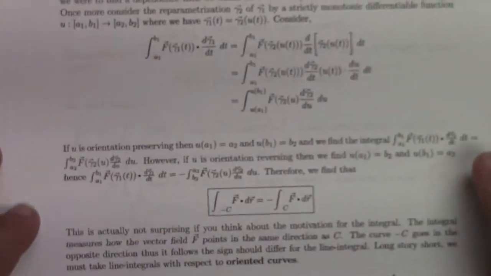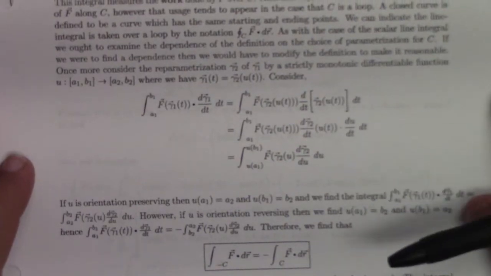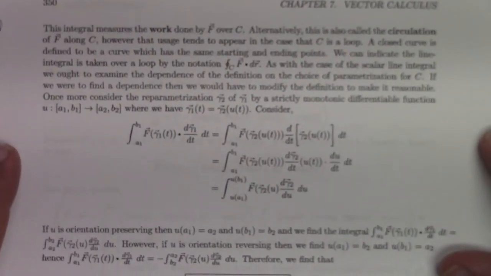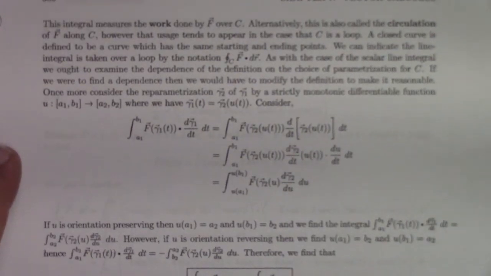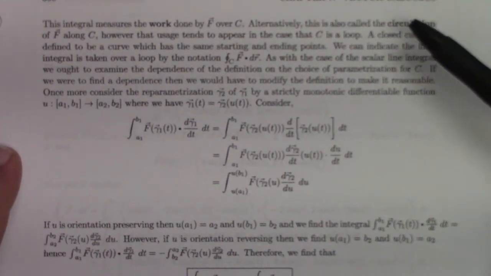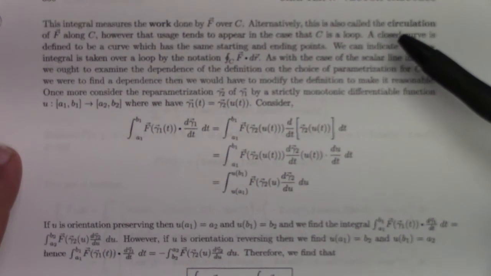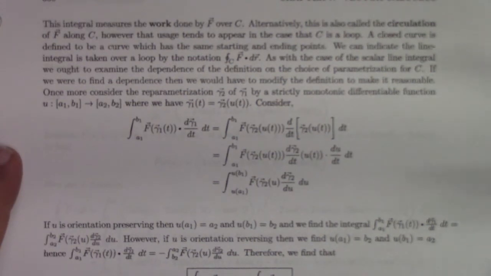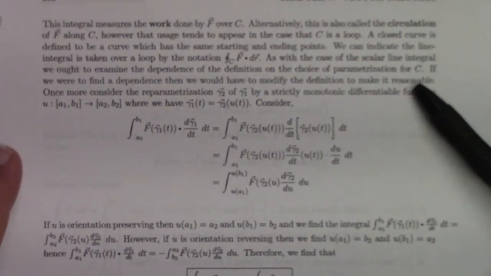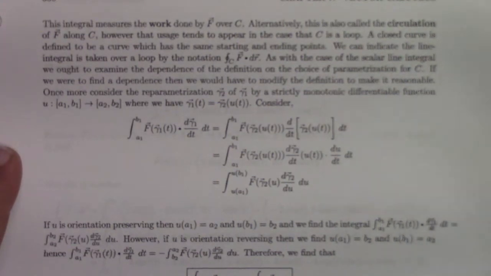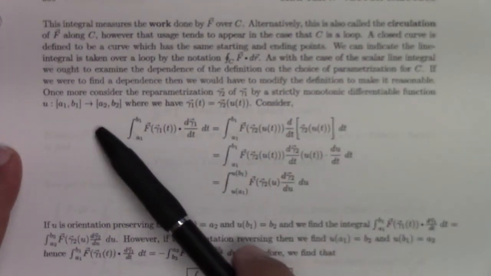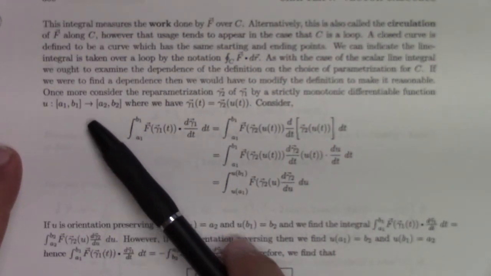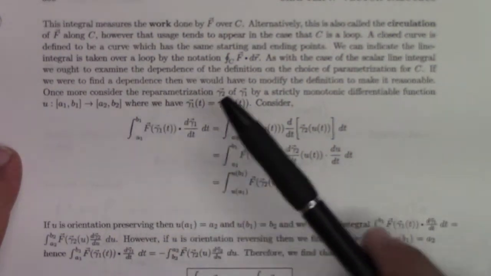Now, one of the things you want to know about is what happens if you reparameterize. The definition I just gave you is in terms of a specific choice of parameterization for the curve. What would happen if we used a different parameterization? That's a question that we must ask and answer, because if the answer is that we get different work done, then that's not a good definition, because how do we know which parameterization is the right one? Well, it turns out that as long as the parameterization is consistently orienting the curve, which means that the reparameterization function u is strictly increasing, from a1, b1 to a2, b2,